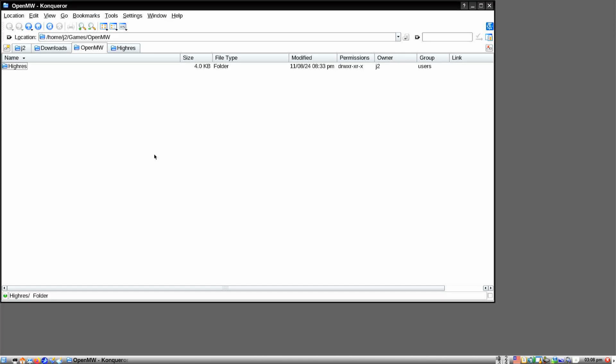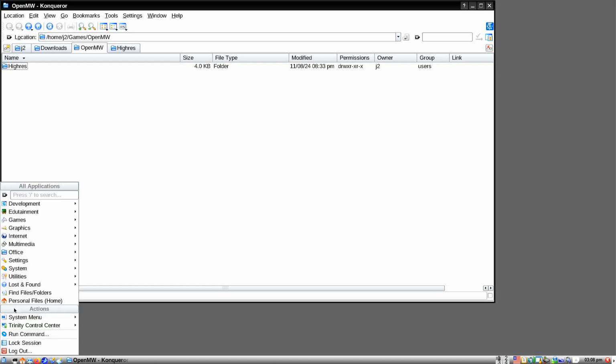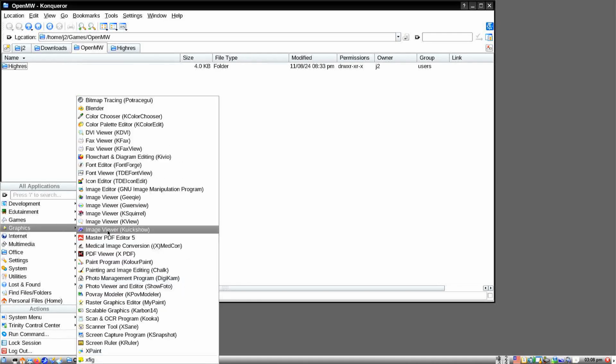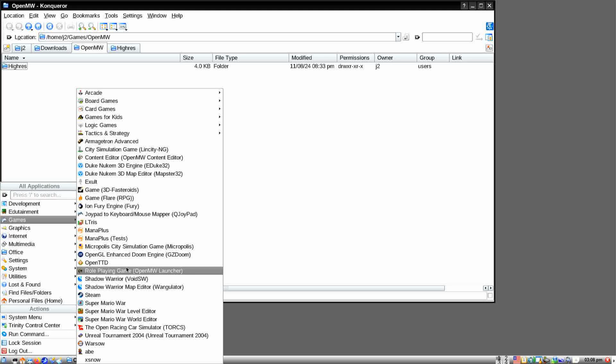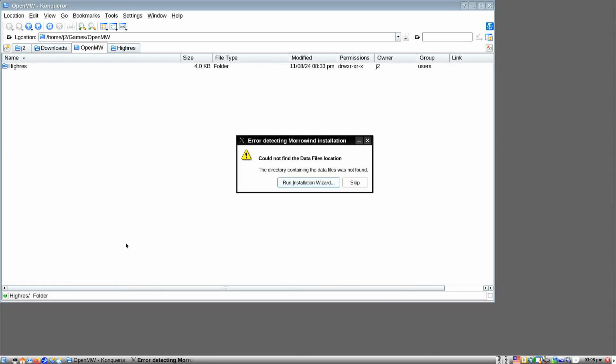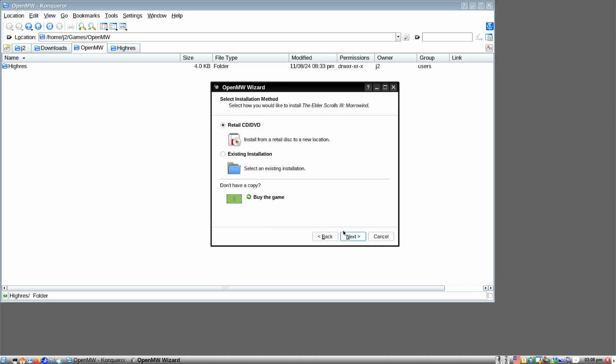With the installation complete, we can continue forward and set up the game within the game launcher. Once you run the game launcher again, it'll give you an error warning because it still hasn't detected where the game files are. But now we have a location for those game files. So we can run Wizard and then step through,